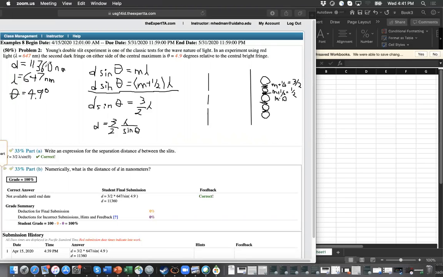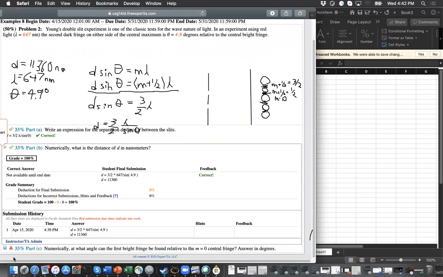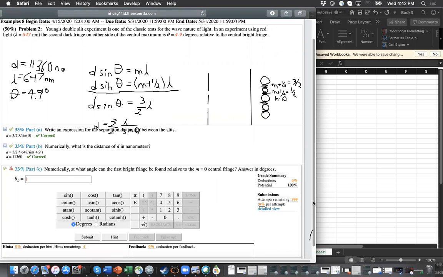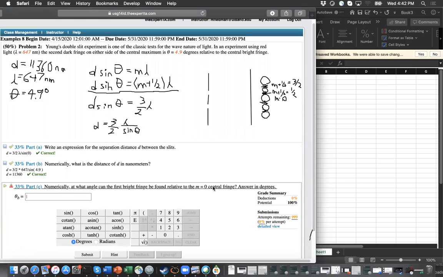So that's fairly big, but okay, that's reasonable. So now we can ask the last part of this question. Go back so we have everything centered properly. Numerically, at what angle does the first bright fringe be found relative to the m equals 0 fringe? Answer in degrees. So now we want to know the angle of this first